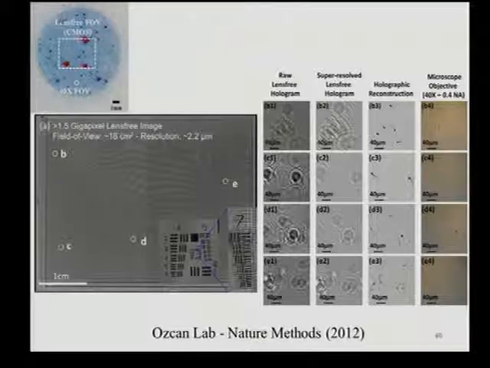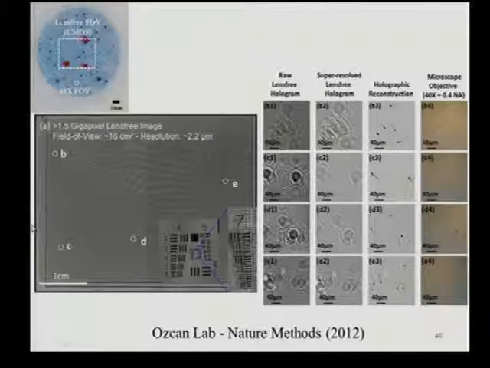You can also do CCDs, and then the scale bar becomes a centimeter, and that's where the advantage of a CCD is. You can look at a 10, 20 centimeters square in a snapshot. Of course, that comes with a resolution loss because generally speaking, CCDs have larger pixel size. So super resolution helps, but still cannot give you deeply sub-micron resolution, as in the case of CMOS technology. But still, from very pixelated images, you can go to sub-pixel holograms, reconstruct. These are sub-micron tails of human sperm that can be reconstructed. In this case, the resolution is about 2 micron, which gives you about 1.5 gigapixels.